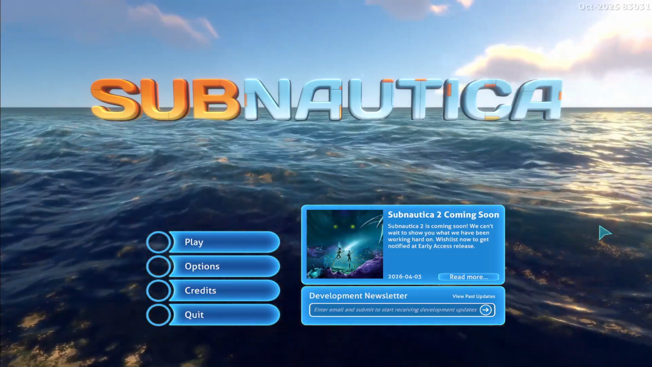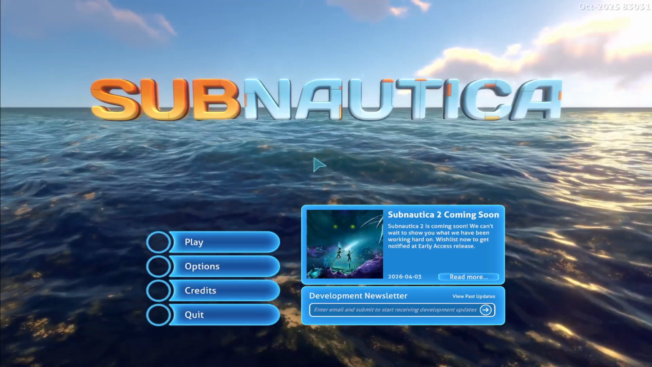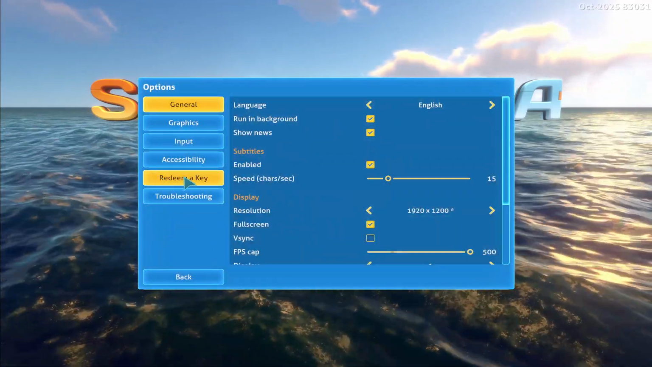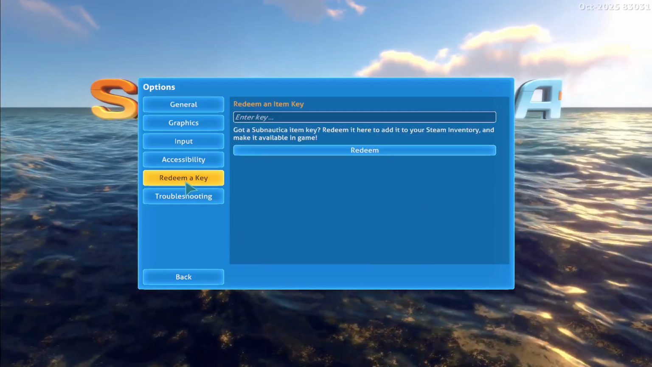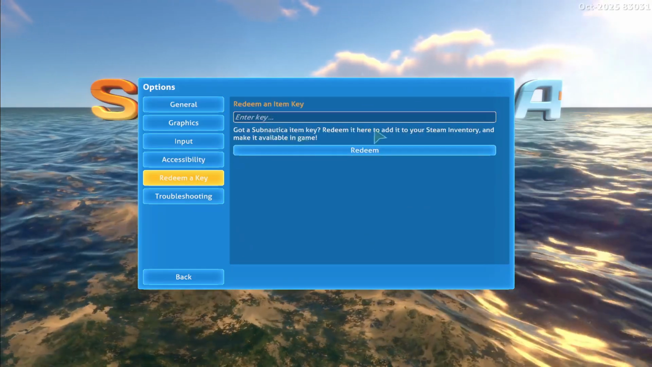First of all, open up the Subnautica game on your device. Once you have been taken into the main menu, go ahead and click on Options. Then within Options page, you will see the Redeem a Key option. Go ahead and click on it, and now you can enter any redeem key in order to get items and